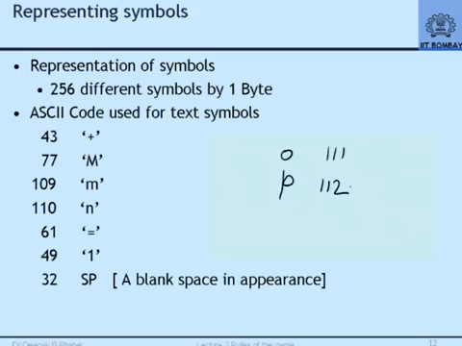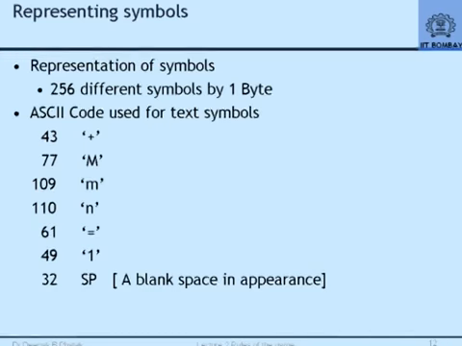All alphabets A, B, C, D, E, F, G, H have been arranged in that table in a sequential order. Consequently, the value of P is greater than the value of O. We shall see the significance later when we write programs to handle non-numerical information. Your names, for example. I want to arrange all the names in alphabetical order. Then I will have to compare the first character of one name with the first character of another name. And depending upon whether it is smaller or larger, I will take a decision on what comes first. This comparison will not be possible unless numerically the values are arranged in that order.